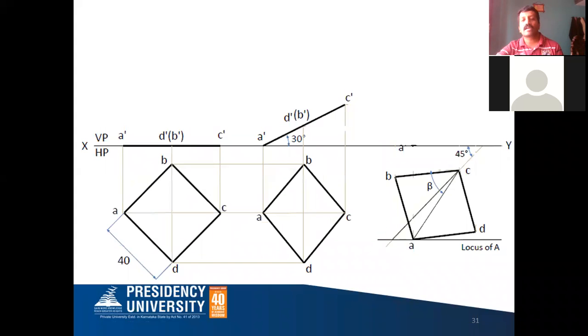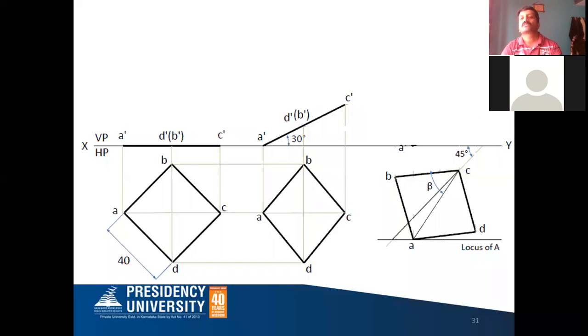So what exactly is in the question? He said the diagonal is inclined at 30 degree to HP. We have completed the same diagonal. He says it is 45 degree to VP. So which is the diagonal? Actually AC is the diagonal. Correct. Here the apparent shape AC diagonal is not the true length of the diagonal AC. It is the apparent length of your diagonal AC. That's why the inclination, whatever he has given, is the true inclination.